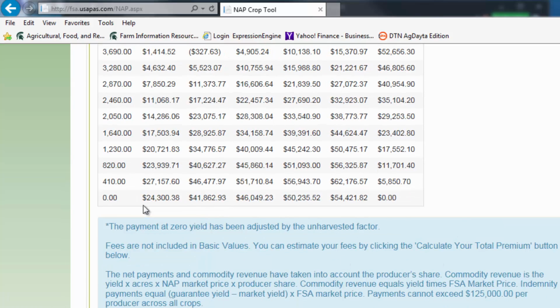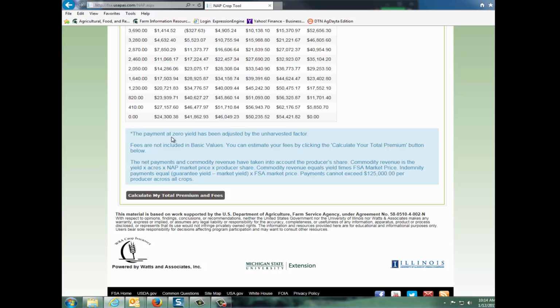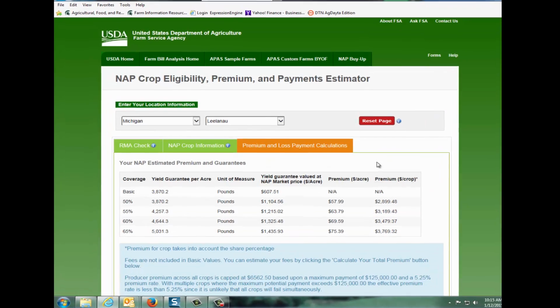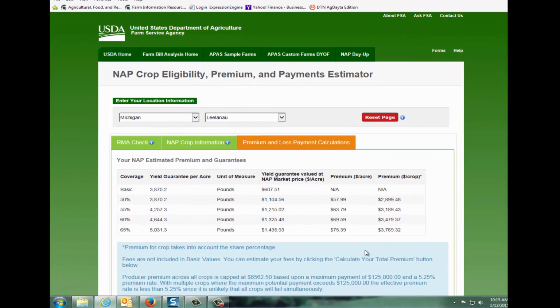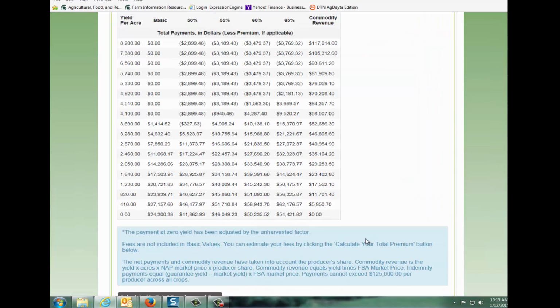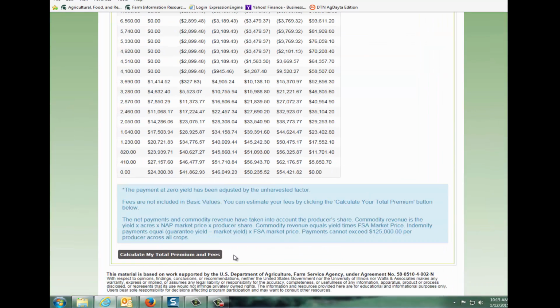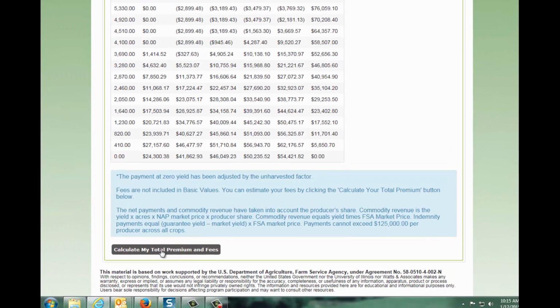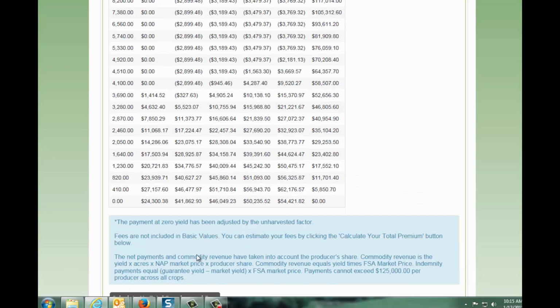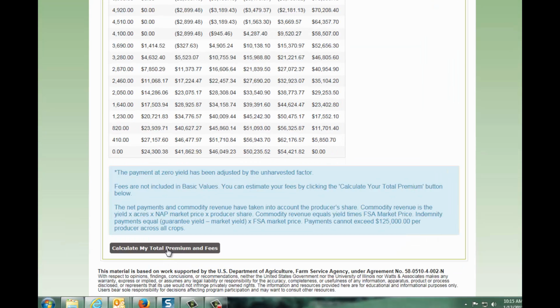So these are the payments here. As I said, it is adjusted for an unharvested factor. The fees shown above right here do not include the fee per crop. These are just the premiums. If you want to know the total premium and fees, you click this button here. So we go down here and we click this button,